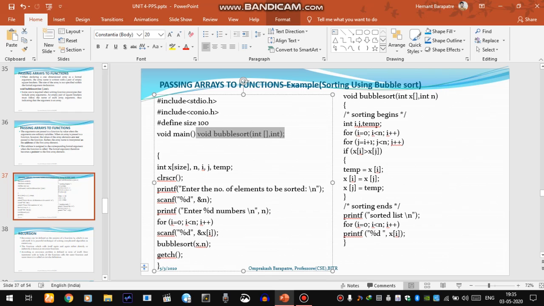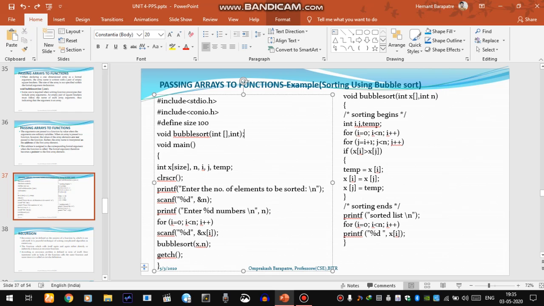The name of the function is bubblesort. We pass the array, so int and subscript is used along with the data type of the array. Then int is the second parameter, the number of elements.